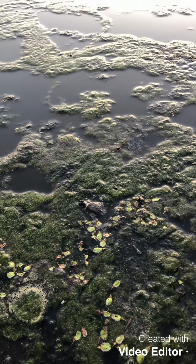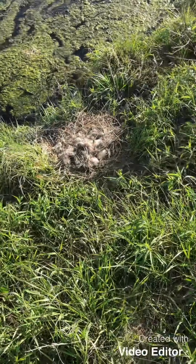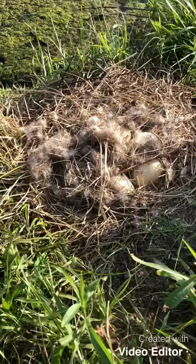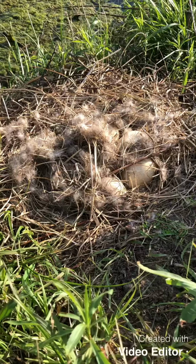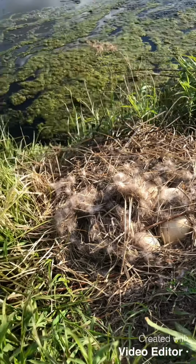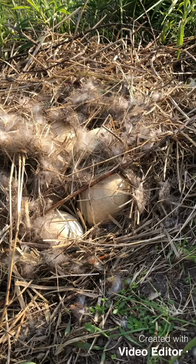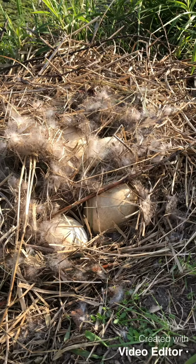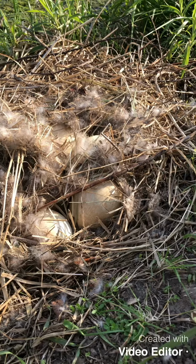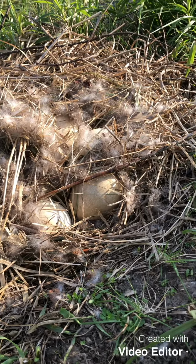Pretty good camouflage. Along the edge of the pond, we found this nest here. And when the bird left, they actually took and covered up some of the eggs. So it's a little bit tricky to see. But as we get in, we're trying to stay far enough back that our scent is not left with the eggs. If we leave too much scent, then a predator might come and smell us and therefore